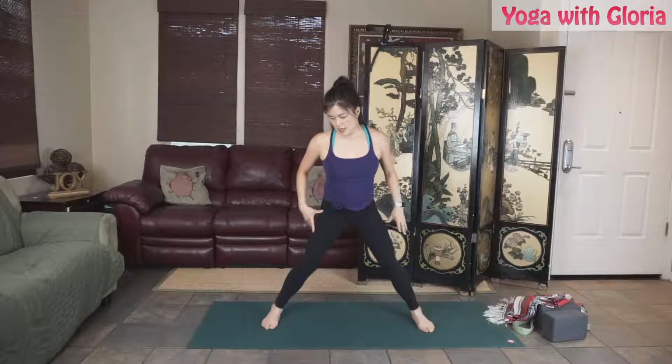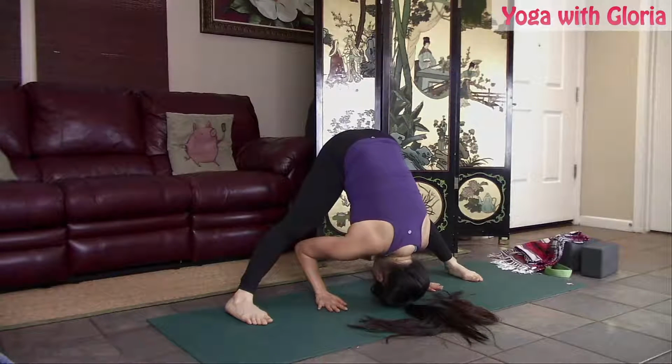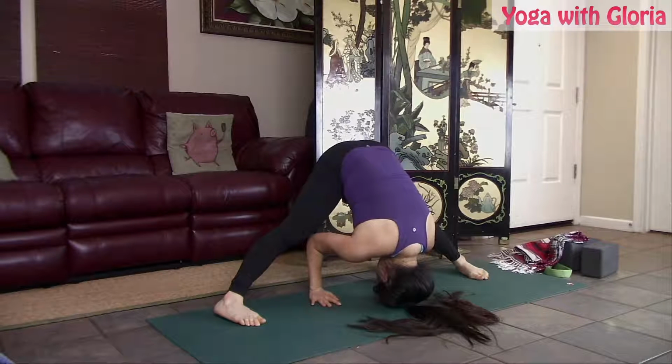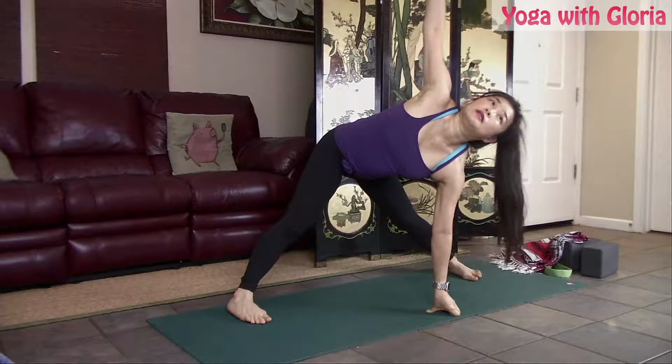All right. Now let's parallel your feet. Take your hips back. For Prasarita, let's just take a little hold here. If you can put some weight on the top of your head, that's good. If you need a block, you can do it with a block. Lift and lengthen. You're going to twist over to one side, super straight,